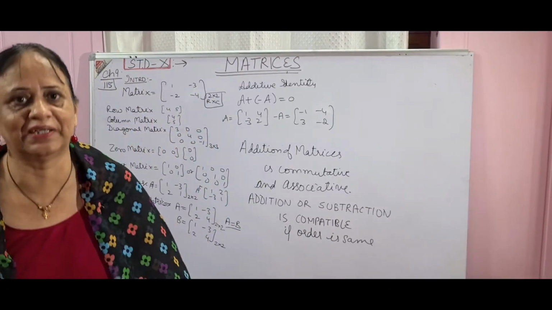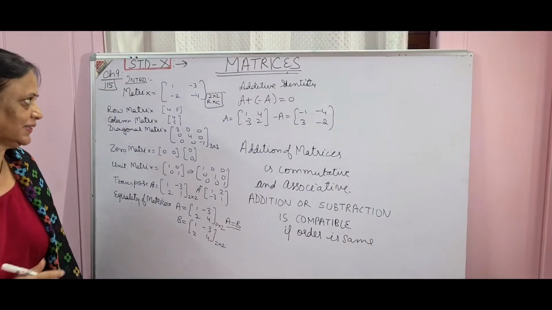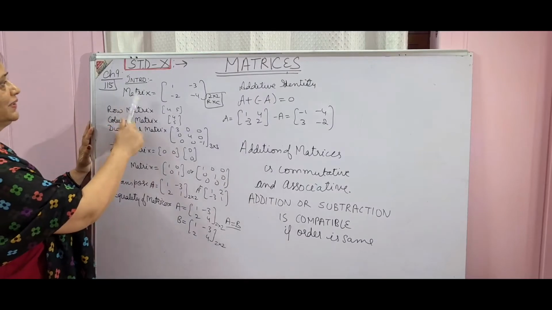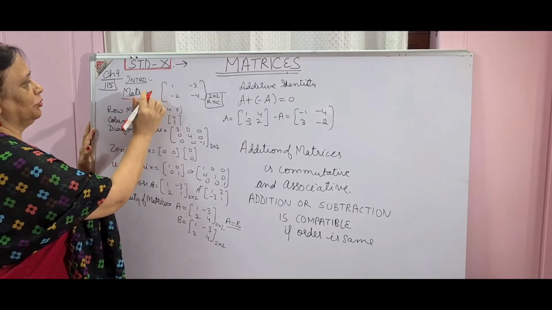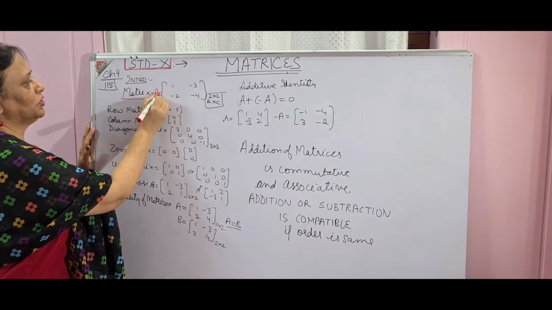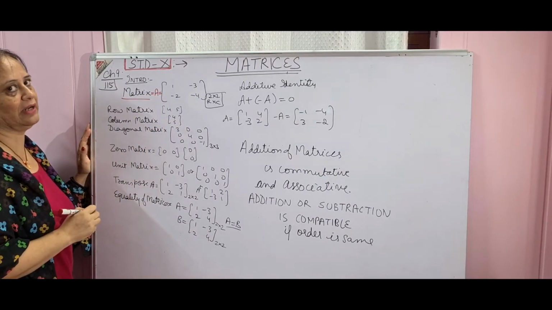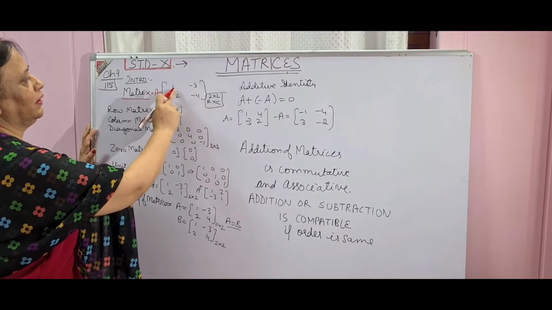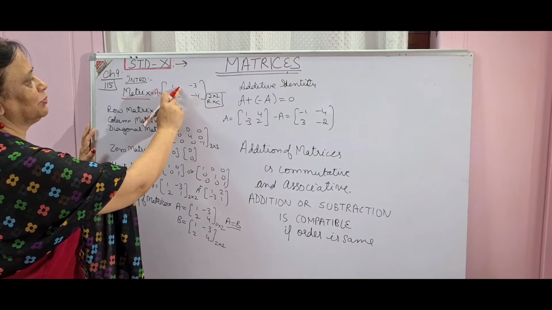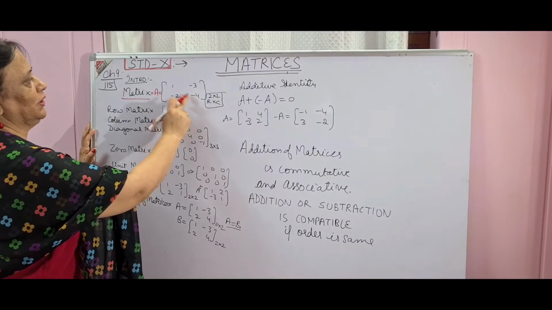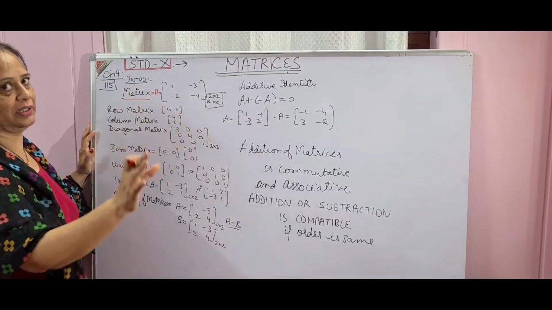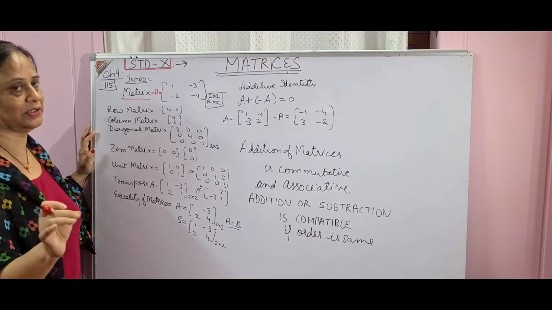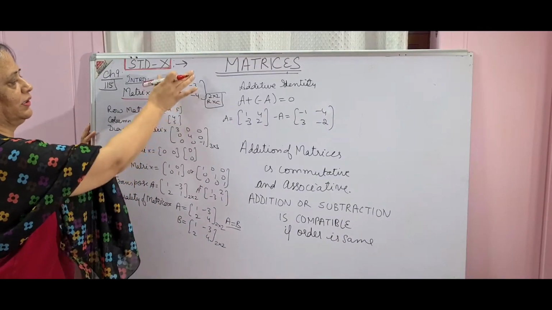So see, we are starting with matrices now. This is a new concept for you, but a very easy one. I have written a matrix, and I am going to name it. First of all, you must know that we mostly name the matrix with any capital letter of English. Then see, I have written the numbers inside: 1, -3, with a little distance between them, -2 and -4. These are not related to each other, just the numbers. You can say members, elements, or entities also. So I have made one matrix. This is the introduction to a matrix.